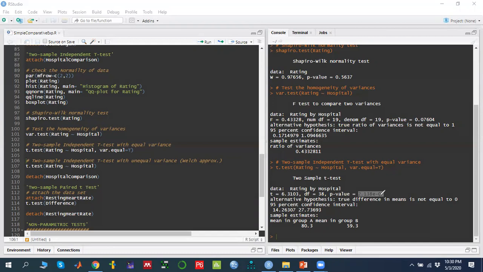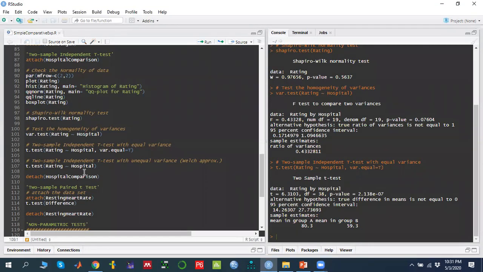So one of the hospitals has a higher rating compared to the other, which we can also see from their mean values. So if you can see, the hospital A mean value is 68.3 and hospital B is 59.3. So maybe we can make the conclusion over here that with respect to the patient satisfaction rating, hospital A is performing better compared to hospital B, right? But